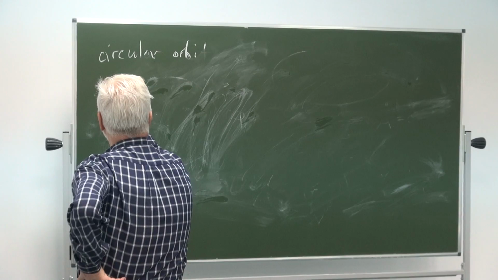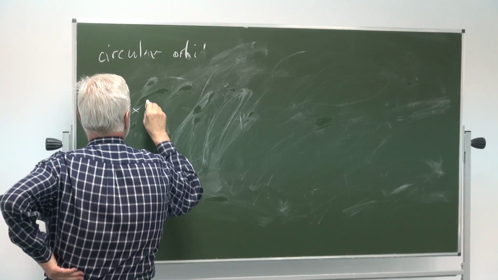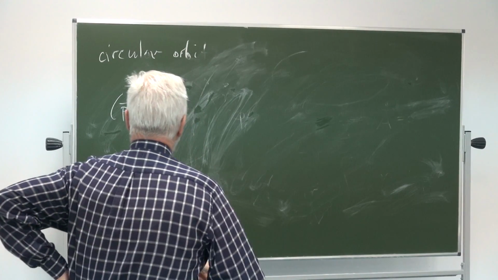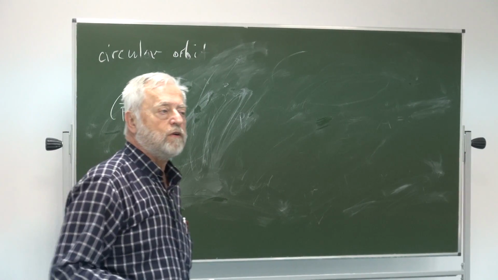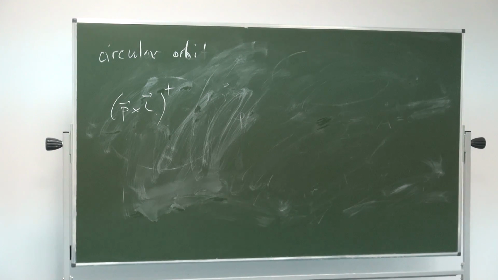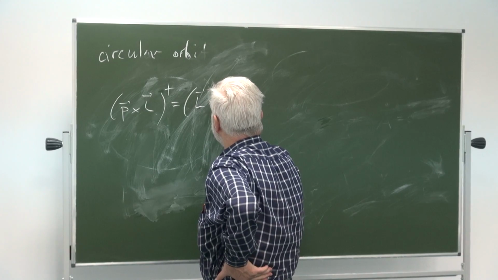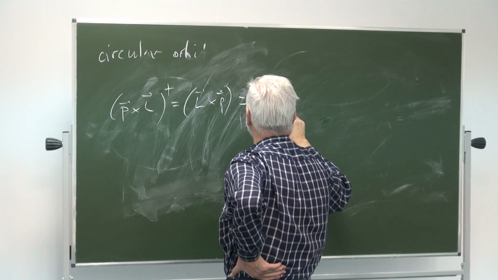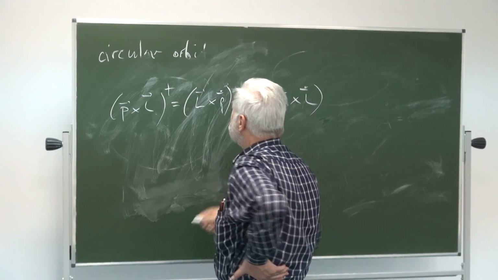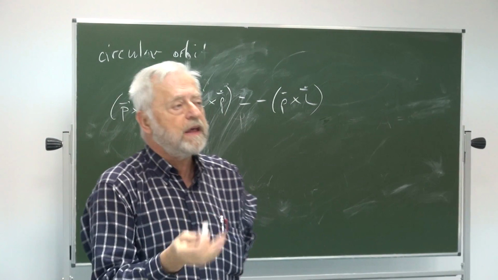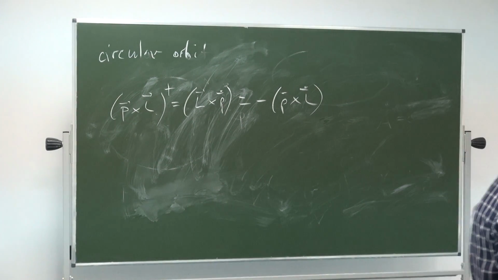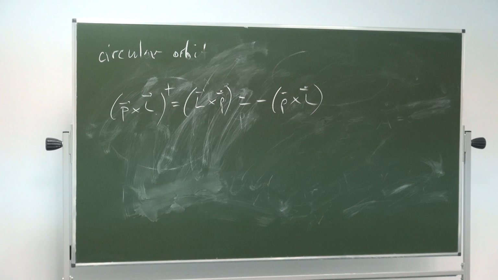If I have this vector product of momentum and angular momentum, and if I take the Hermitian conjugate of this, just as I was pointing out several times, for the product it reverses the order. So this is equal to L cross P, and this is of course equal to minus P cross L. In other words, P cross L, even though P and L are nice, decent Hermitian operators, is anti-Hermitian. Okay, so we cannot just copy the same formula